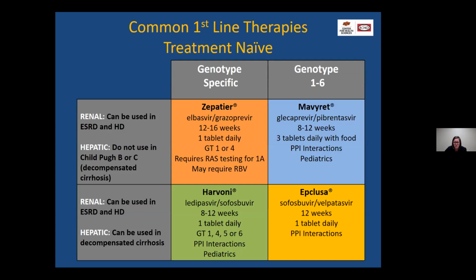So I know that's a lot of information, but that's why I try to put it in a table, hopefully to give some visuals and help you reflect back on that later if you wanted to look at it. Now this is for treatment naive first-line therapies, which are the only ones that I looked at for this.